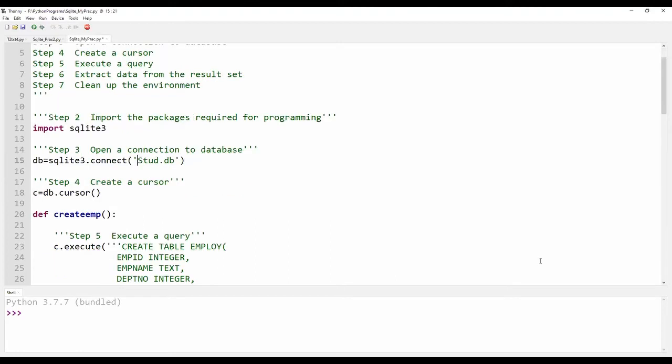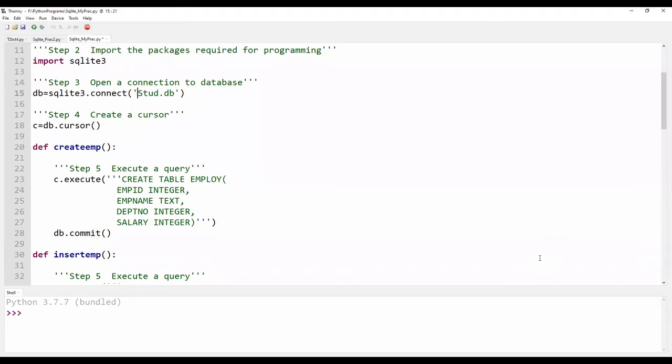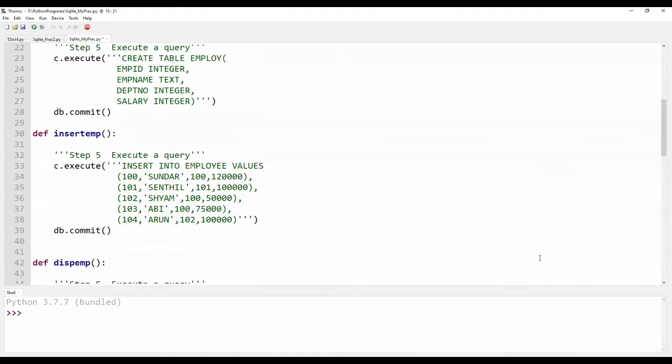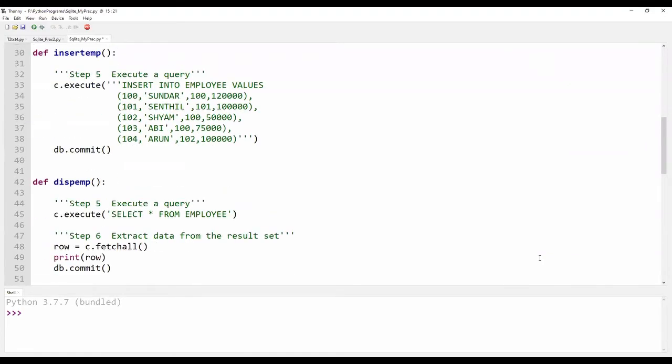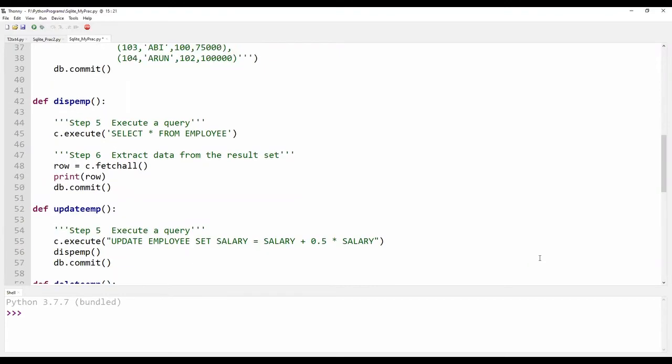I have defined methods, namely create emp, insert emp, display emp, update emp, and delete emp. Here emp means employee.